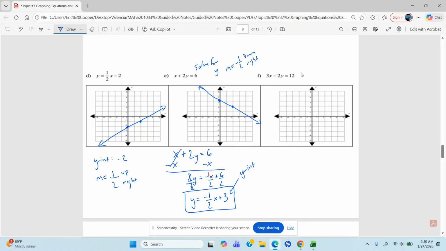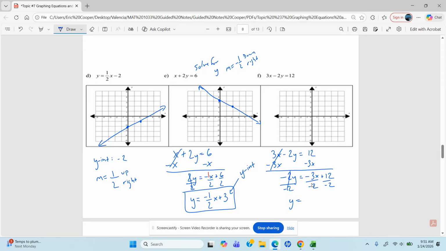Let's try it again for F. My goal is to get y by itself, because when y is by itself, it's in slope-intercept form. I'm going to take the 3x and move it to the other side. It's a positive 3x, so I will subtract it. Negative 2y is equal to negative 3x plus 12. My job is to get y by itself, so I'm going to divide everything by negative 2. y is equal to